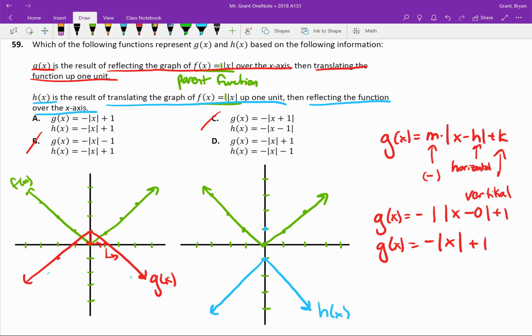H of x we can do a lot faster. H of x is downward facing. That works great for both of those. But then it's moved 1 unit down. And that negative out at the end is what's going to move that 1 unit down. This positive would have caused this graph to be moved up, right? That's the same as g of x. And so we end up with